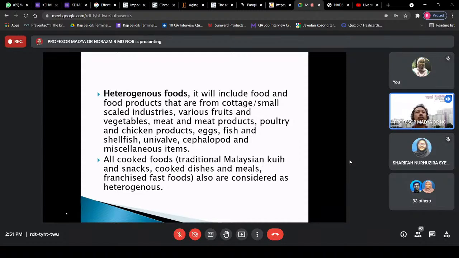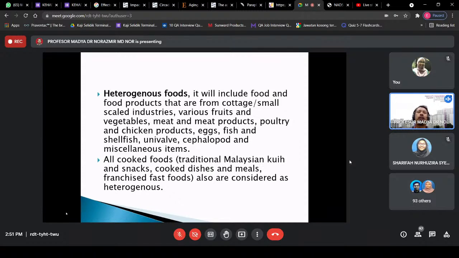That is heterogeneous foods. It's quite difficult to conduct the sampling process and also the food analysis process because it will produce different results,